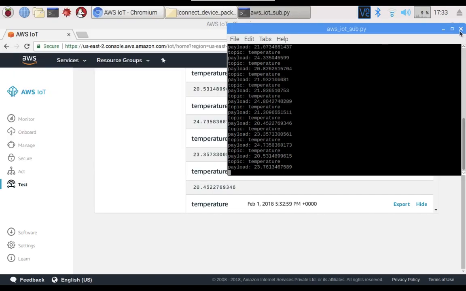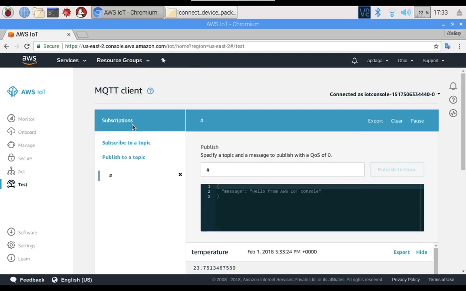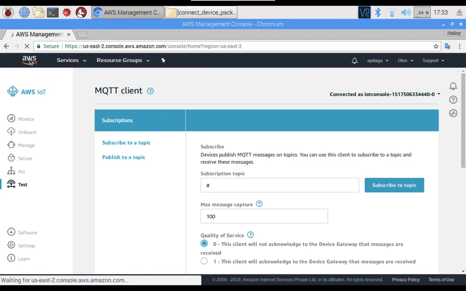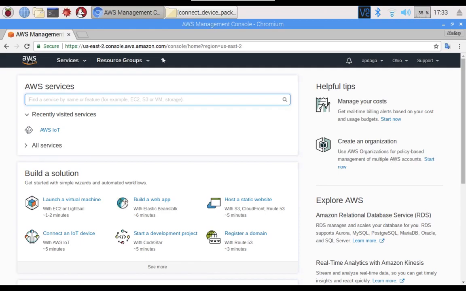Once your experimentation is done, please close all the connections, because the AWS server is free for the first year, and then it will charge you some money for the number of connections and the number of messages you send or receive. So better you close all the connections whenever you are not using them, and don't share your credentials with any other person.